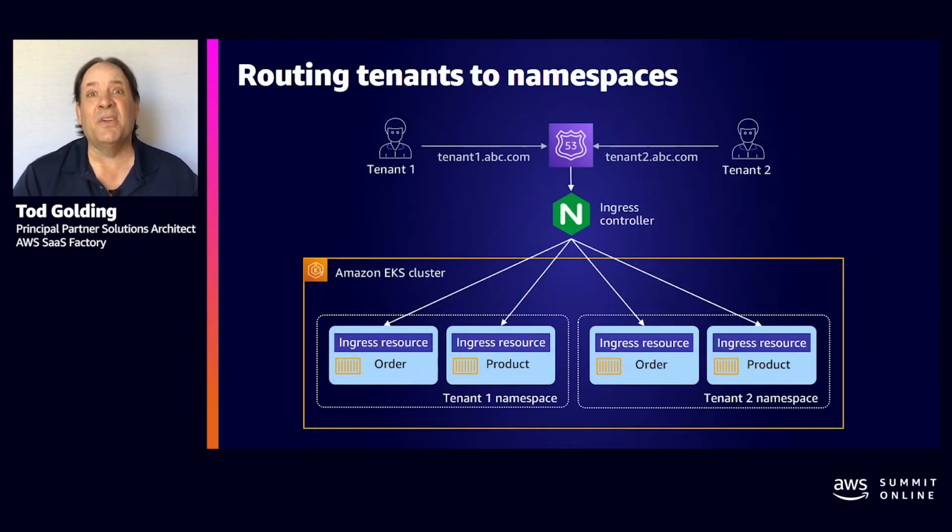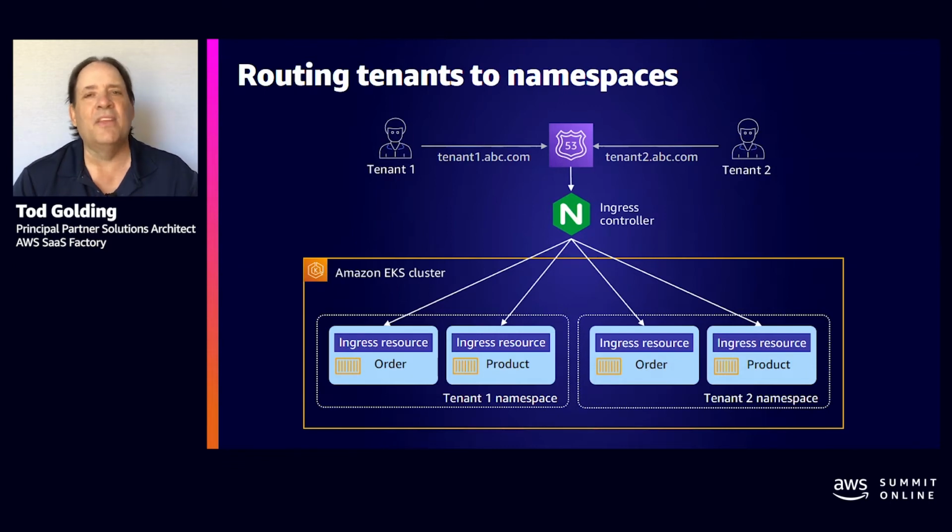Now the Ingress resource model is probably worth looking at a little more closely. So you'll see here how this works essentially. When you hit Route 53, you'll see that we have a subdomain. And then as that subdomain flows through the Ingress controller, it will actually look at the origin of that incoming request and figure out that it belongs to tenant 1 or tenant 2. And then because we configured these individual microservices with Ingress resources, we've essentially connected the Ingress controller to its target microservice in a given tenant. We can then have the traffic routed specifically to those individual microservices.